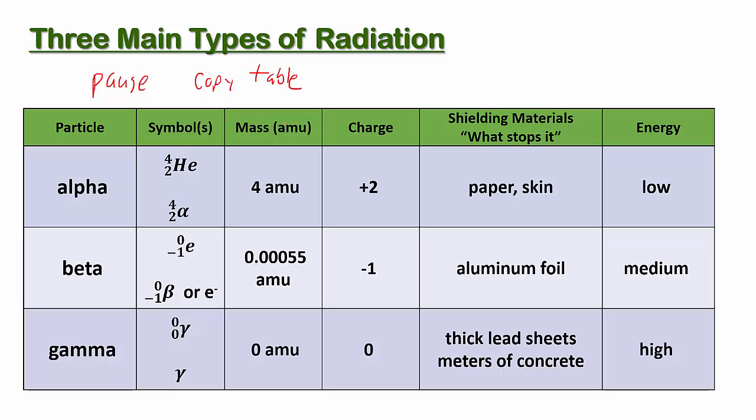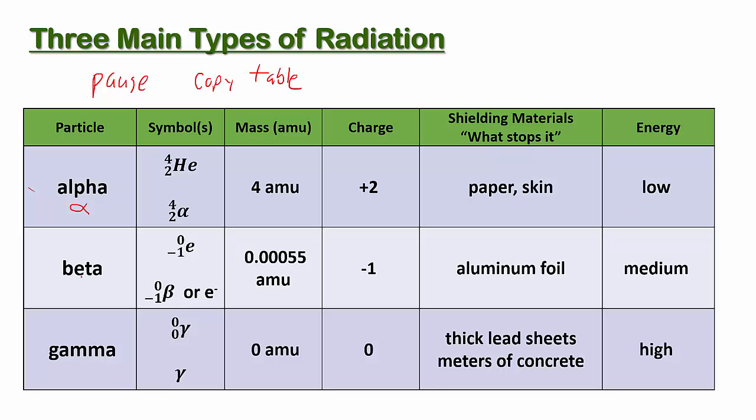All right, now that you've finished that table, alpha particles are going to be our first type of radiation. Alpha particles use the symbol either helium or the alpha symbol, which looks like a little squiggly, and then 4 over 2. It's very similar to the helium atom, with a mass of 4 atomic mass units. Its charge is +2 overall. Basically it's the helium atom without the electrons. Shielding, what stops it? Paper or skin can block it,